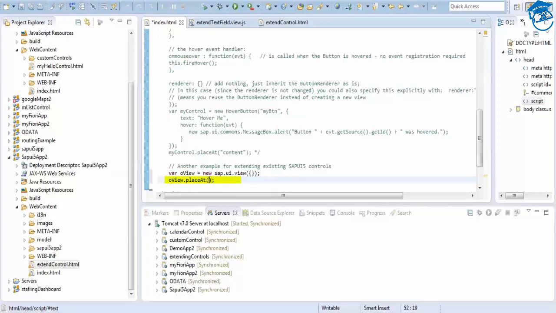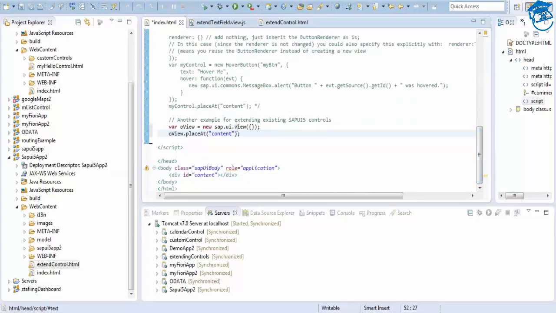We're going to do this in the content, because this content is here. So in that sap.ui.view, what do we give? We give a view type. First view name, ID is text view 1, and inside this we give a view name.